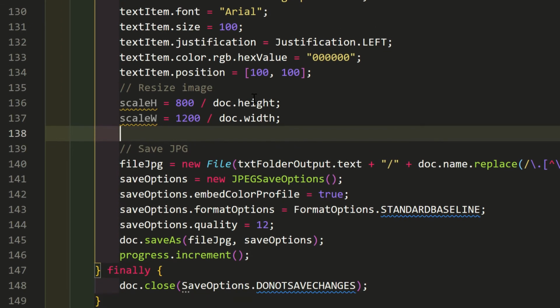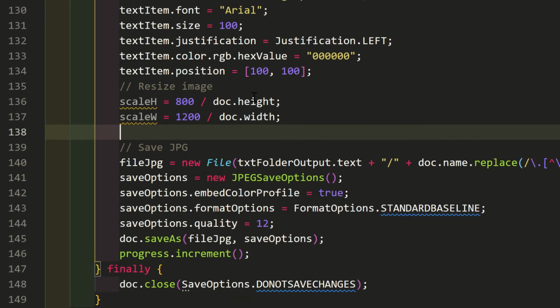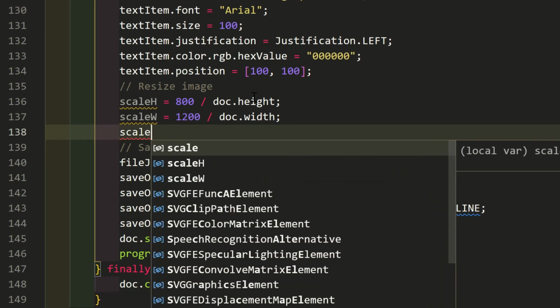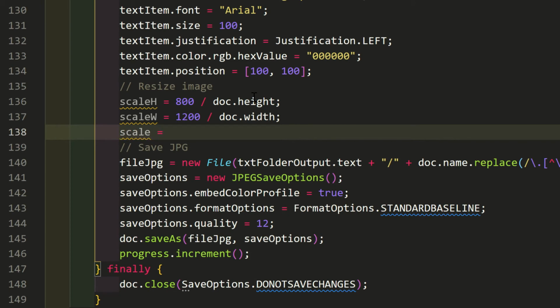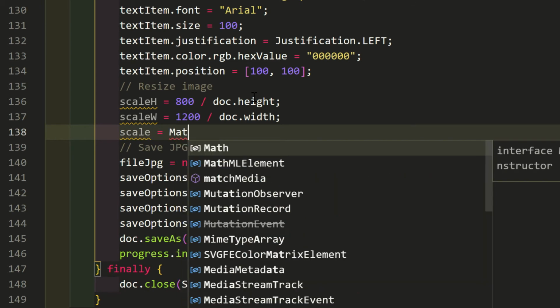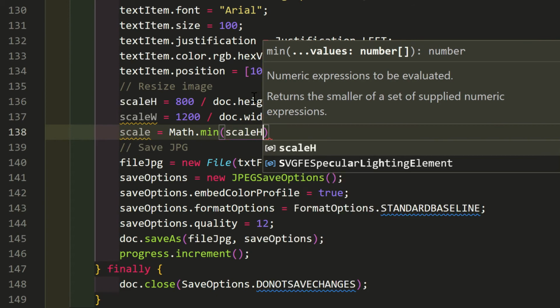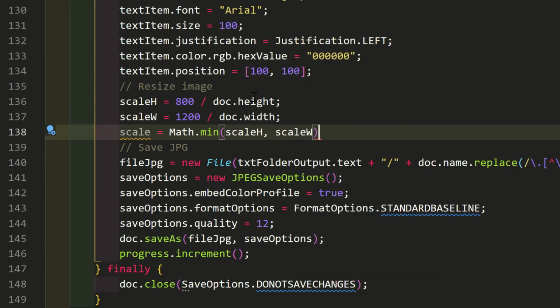Which one is less? Use the JavaScript Math function minimum to find out. scale equals Math.min(scaleH, scaleW).